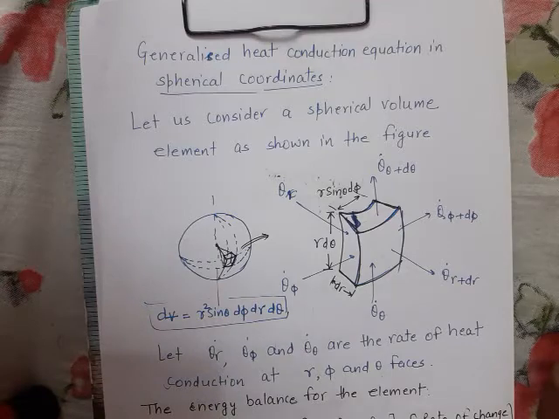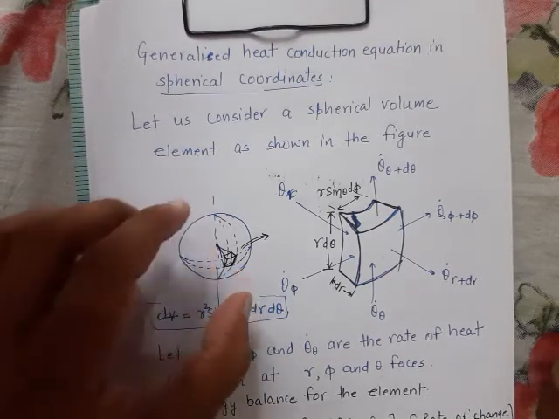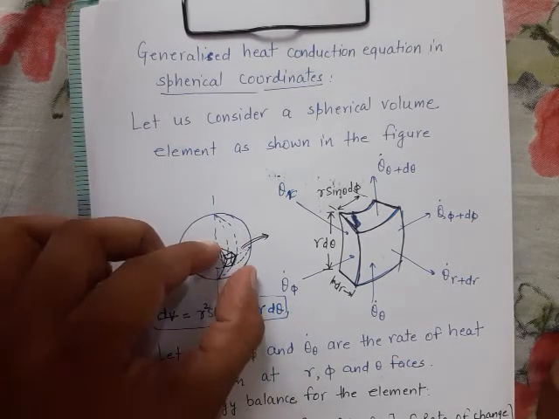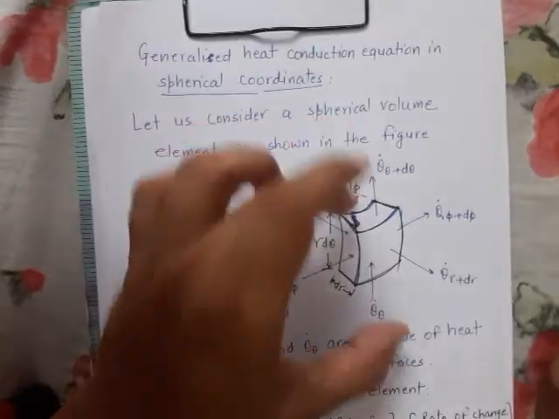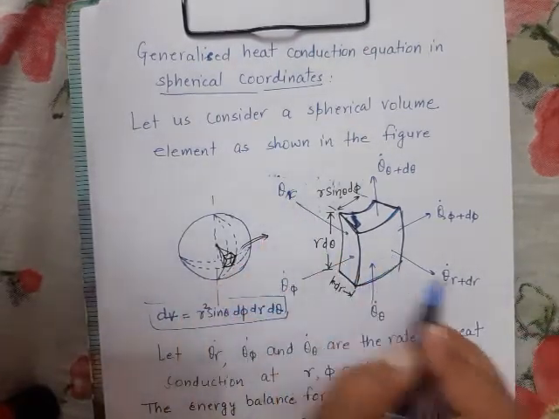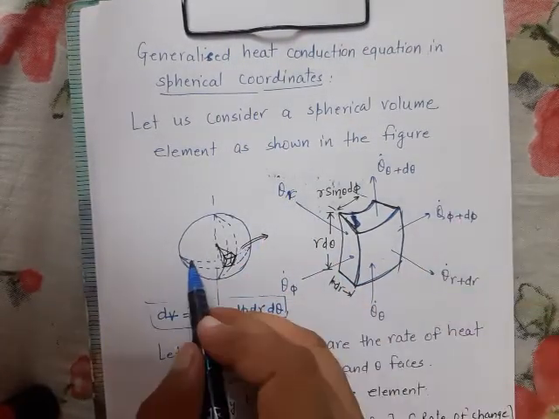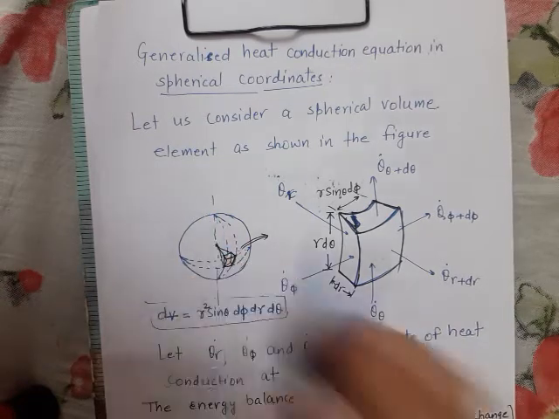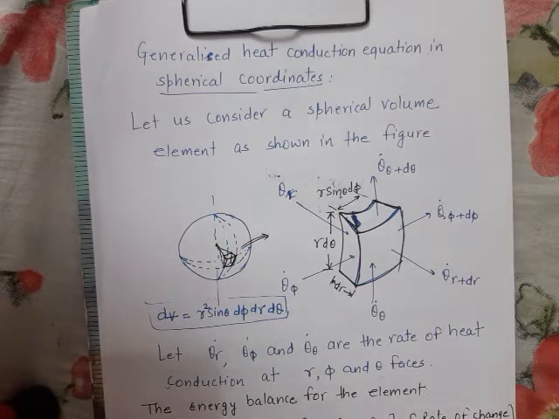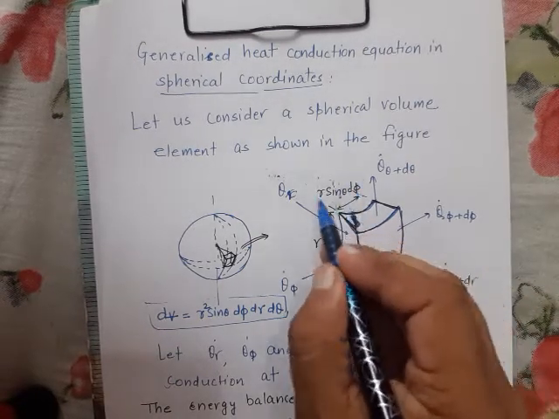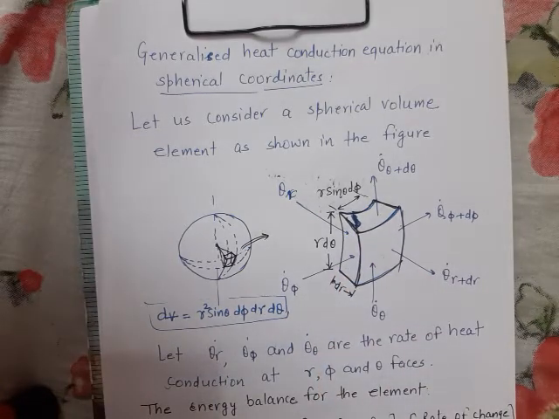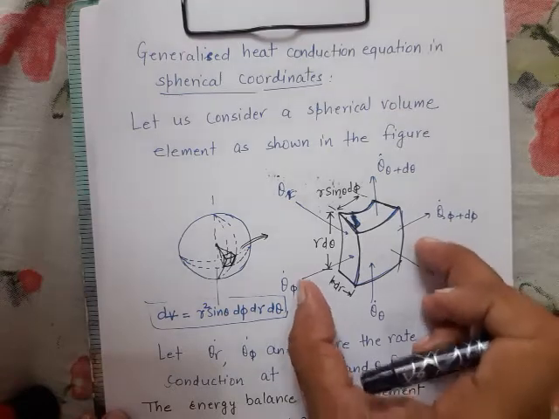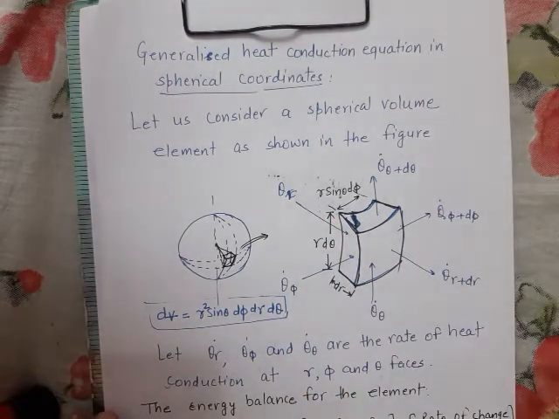You just consider this a spherical element which is compatible with the geometry. This spherical element has been taken out of the sphere and has been drawn in an exaggerated manner over here. All the three different directions have been located. This is the radial direction, this is the phi direction, and another one is the polar direction. Okay, clear to everyone? Just do not panic about how this r sin theta d phi came, how this is r d theta. I will tell you separately. So this is the spherical element defined by all its dimensions and all other directions.